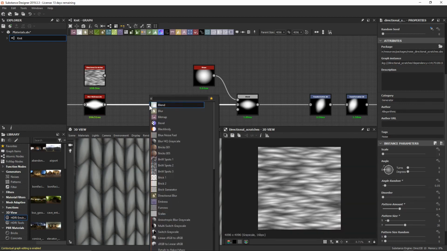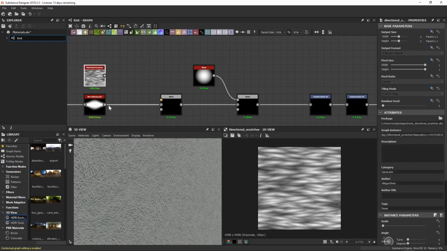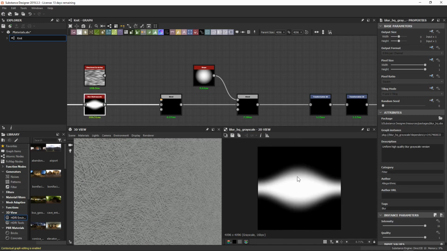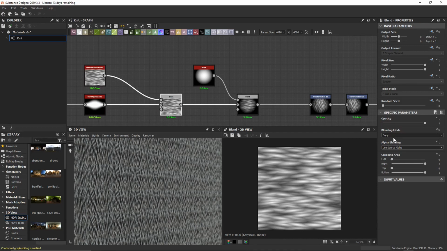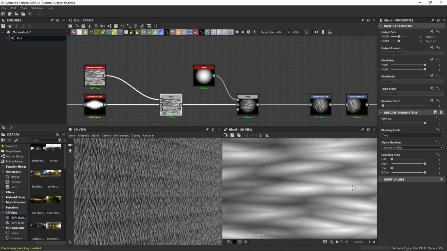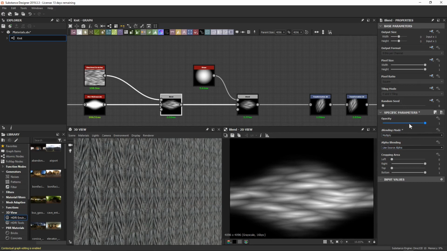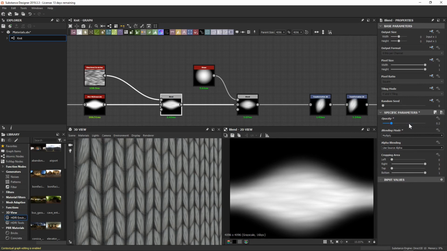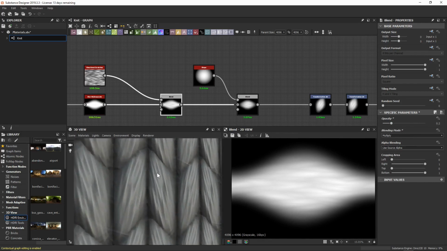And let's go and add a blend node so that we're going to be adding this particular surface information over top of our initial base shape from the beginning. So I'll plug this in. And let's change the blending mode to be multiply so that we're going to be able to get some of these darker creases so that it's going to look like some threads. So we'll do multiply there. And let's bring the opacity down to around 20%. So that we can see it's very, very subtle on this piece here,